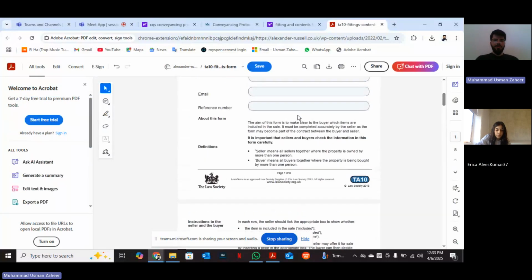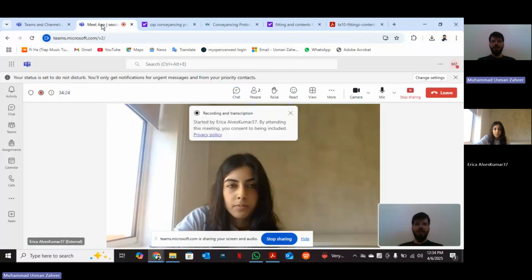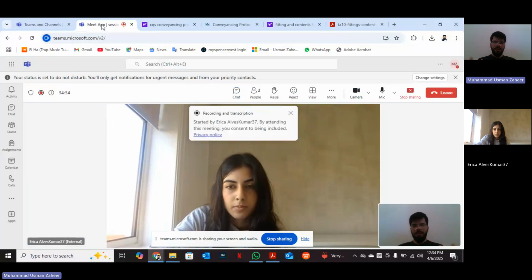If it includes a price, it just forms part of an inventory. Now the inventory serves like a shop: everything that's included, but it's got a price. So if it's got a price, are you willing to buy it? If the buyer says, no, I'm not willing to buy this, I don't need it, remove it from the property, the seller has to remove it from the property then.